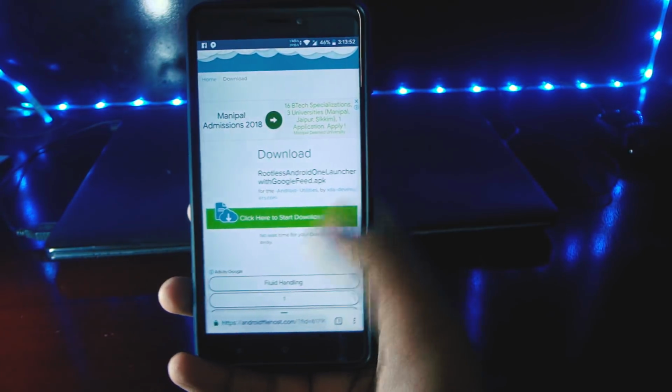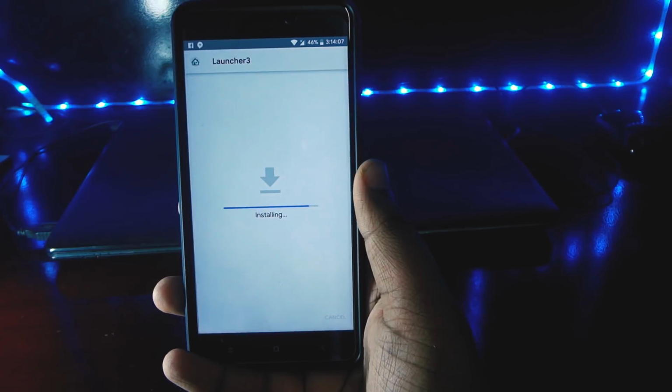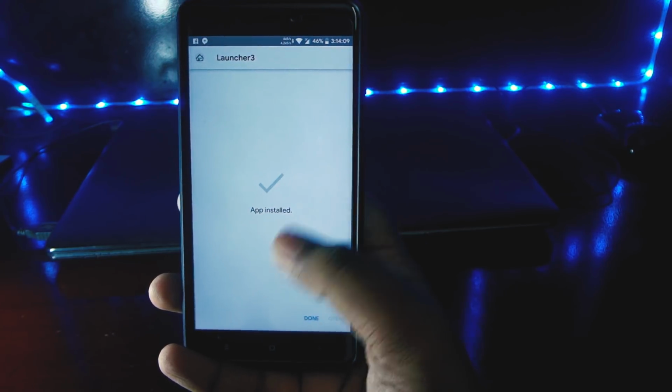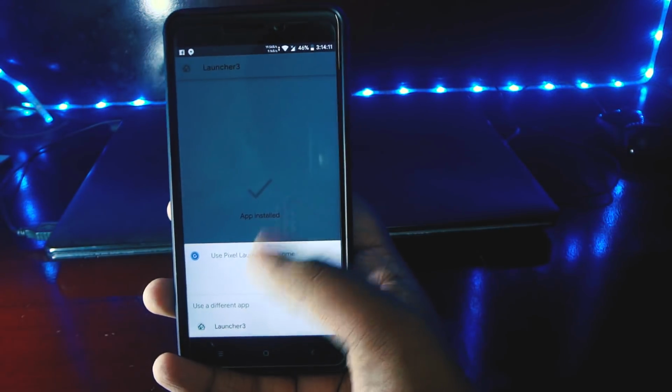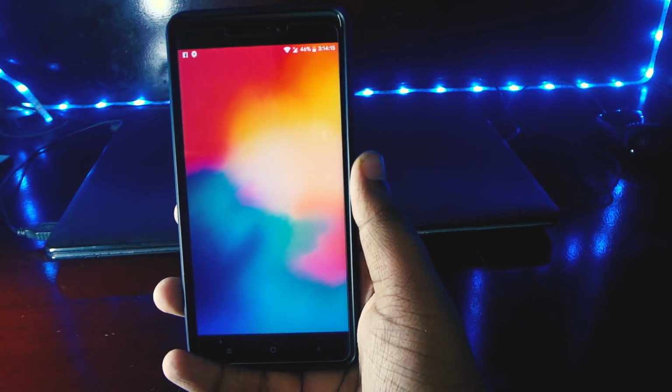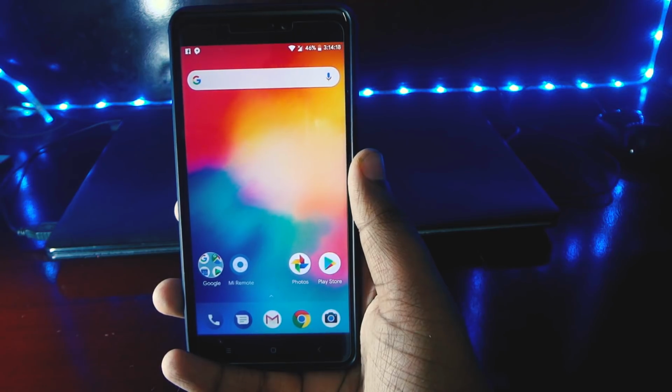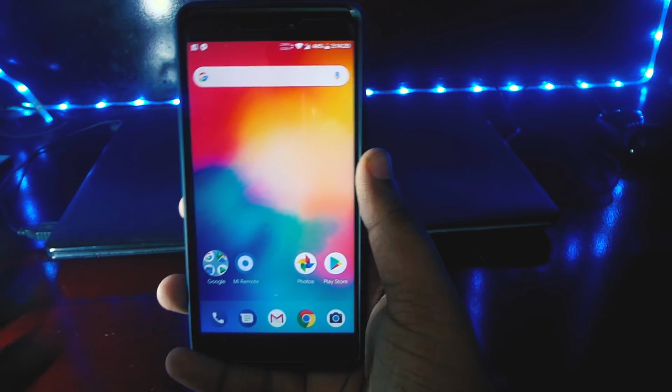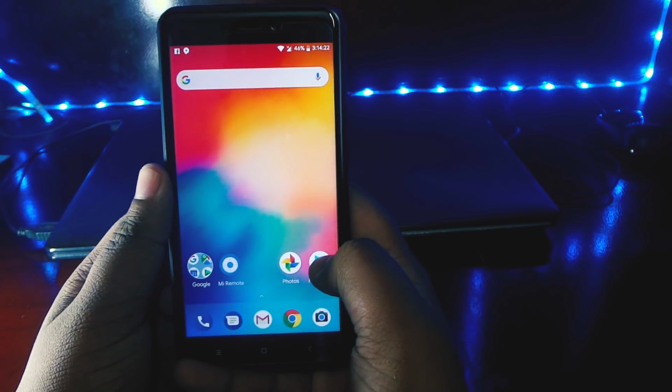So guys, first of all, download this APK file and then install it. It is the launcher of the Android Mi A1 and it has been ported as the launcher 3. So set it as your default launcher. There you go, you have the Mi A1's audio launcher running on your Android device and you can see that